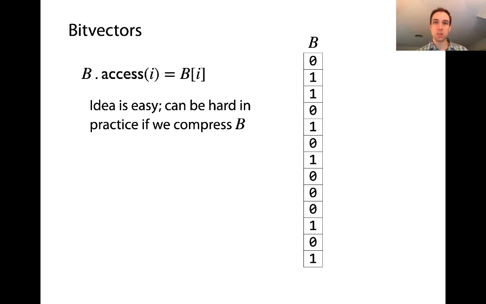But that's the only reason why maybe the access query could get a little bit hard. Well, maybe one more caveat here, which is that when we talk about accessing bits, we're sort of assuming that the computer has a good way. If we tell it, give me the bit at offset 1,400,000, we're sort of assuming that the computer has a good way of getting at a single bit in an